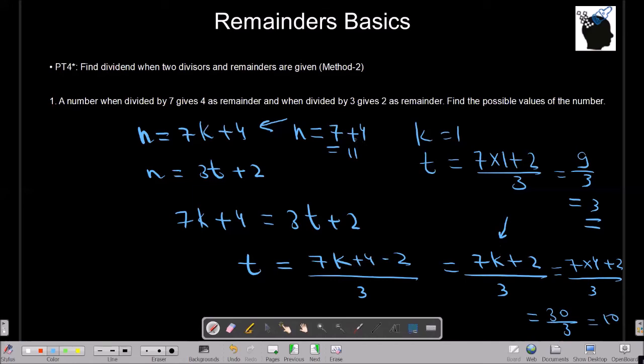So when k is equal to 4, we are going to get a common value in both of these equations. So let's try k is equal to 4, and we are going to get the value as 32. And if you remember, these are the two values of n which we got in the previous problem also. So if you notice, this method is actually quite easier and less time consuming as compared to the previous one. Let's try out this method in one more problem.